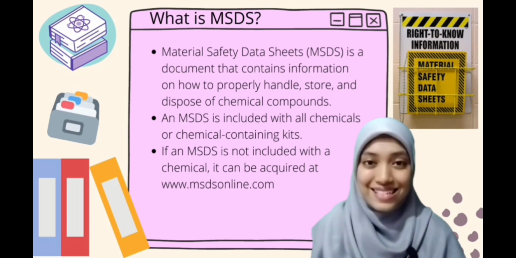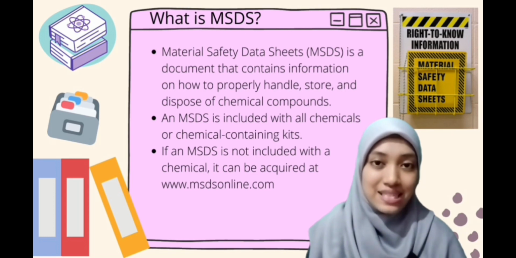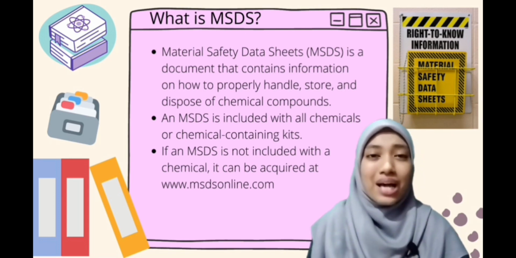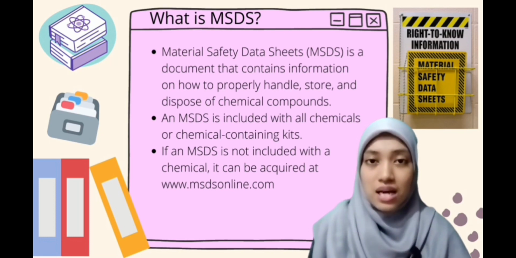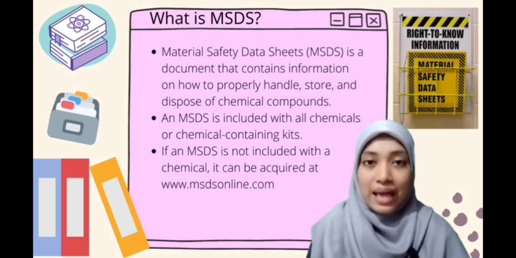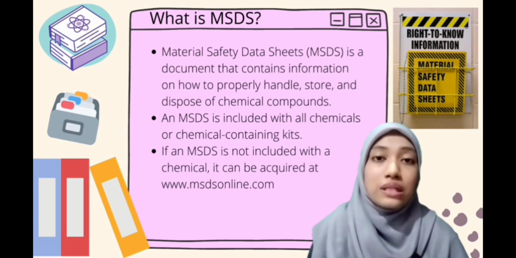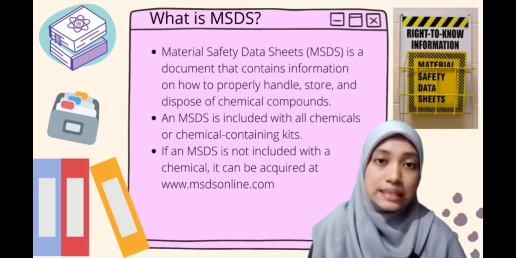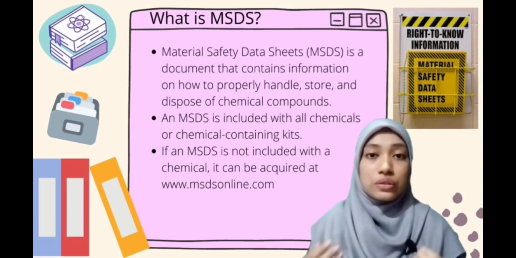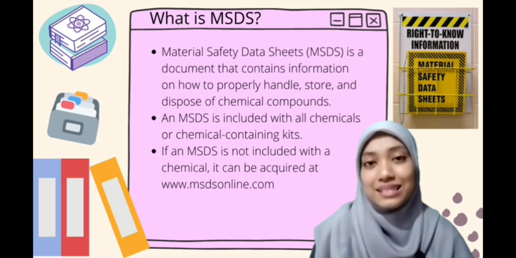What is MSDS? MSDS, or Material Safety Datasheets, is a document that contains information on how to properly handle, store, and dispose of chemical compounds. And MSDS is included together with all chemicals or chemical containing kits. If an MSDS is not included with a chemical, it can be acquired at